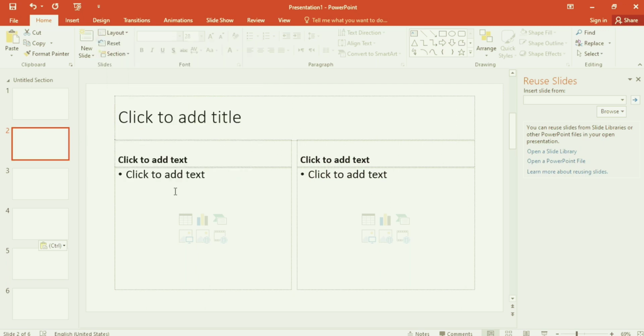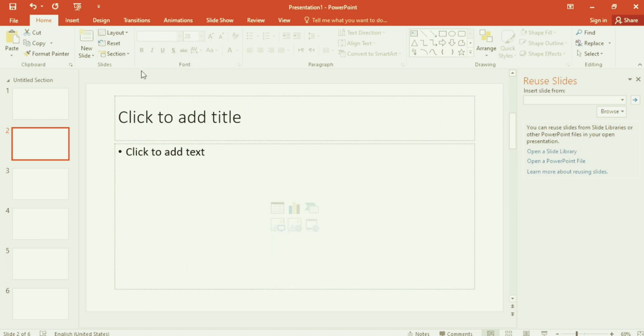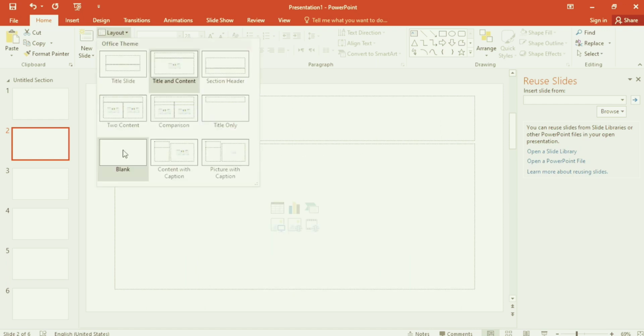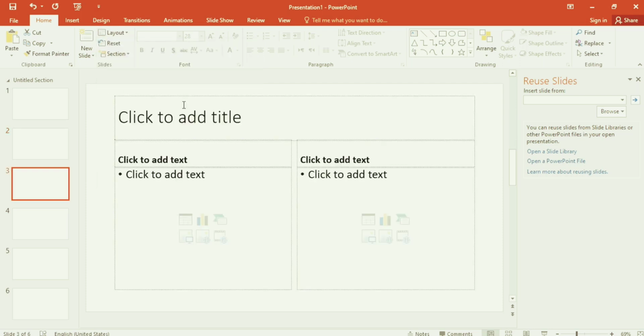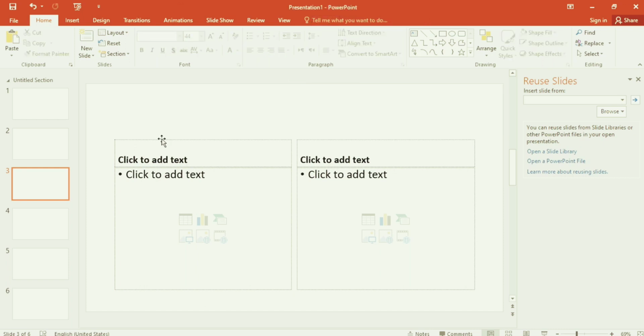Okay, if we have this kind of comparison, we can just change it to title and content, not adding anything, or we can just blank it. Okay, if we have this kind of slide and we remove anything, or if we add something, we can reset